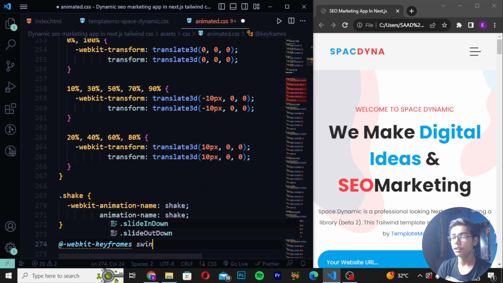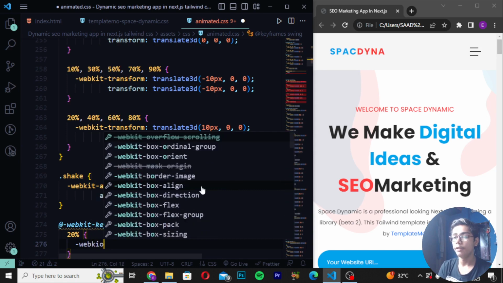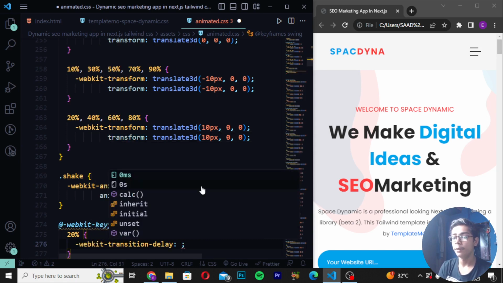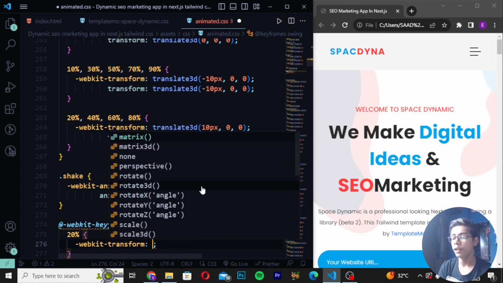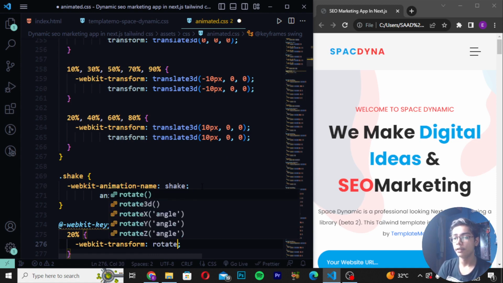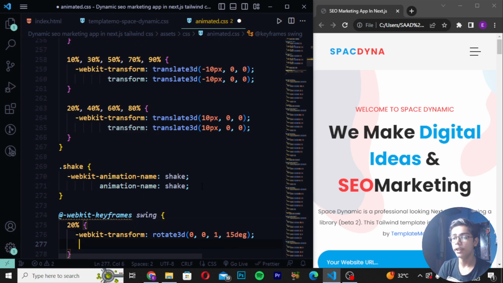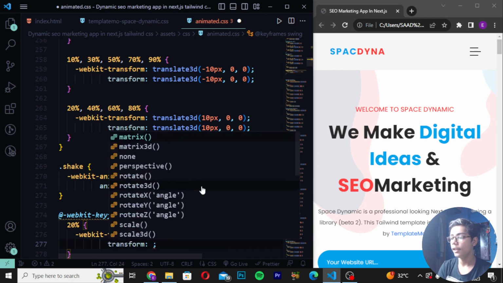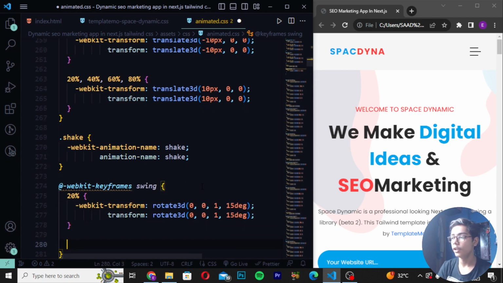Then I will be now using the swing tag, and you have to use 20% of the animation, and I will be using WebKit transform, and I will be now just writing like this here transform, and then I will be now writing rotate3d. So here I will be now writing rotate, right, 3d, and then here I will be writing 0, 0, 1, 15 degree. So here I will be now writing this. Then you have to create transform. So here I will be now writing this right here, rotate3d, and then I will be writing 0, 0, 1, 15 degree. Then you have to now just do one thing, you have to move down and create 40%,